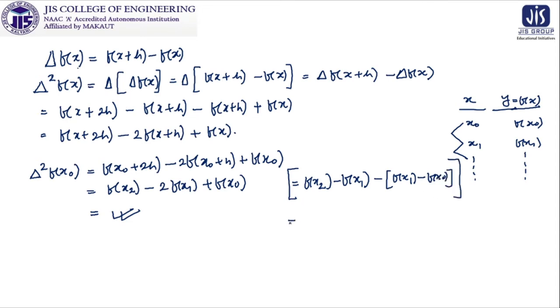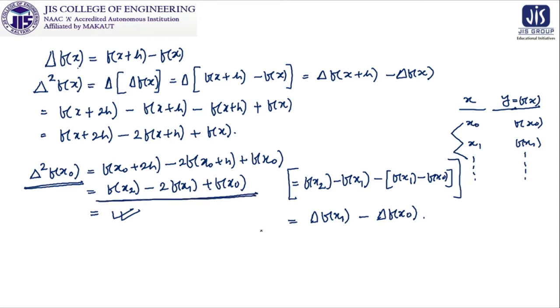And in the next line, if you think about the definition of the forward difference operator and put x1 in this position, then it is del of f of x1 minus del of f of x0. So you can get del 2 f x0 as directly calculated from the table,